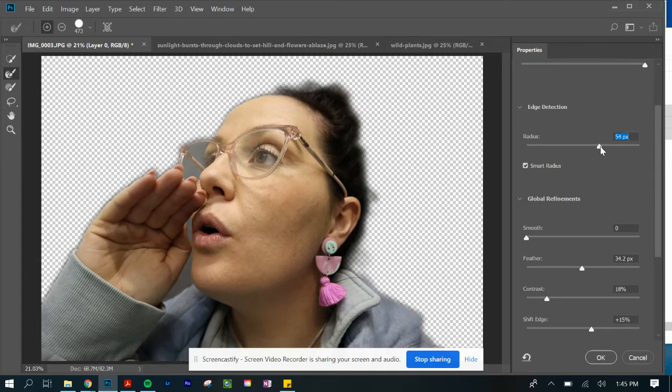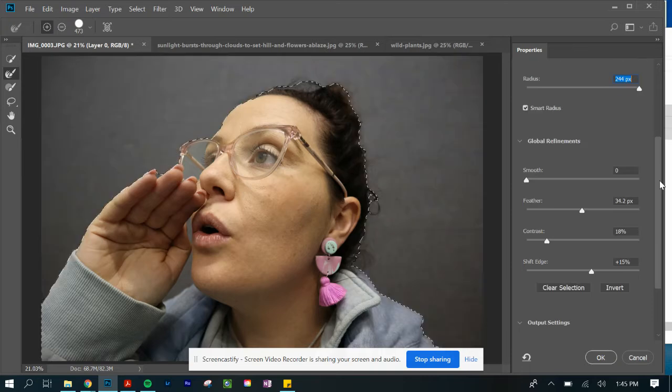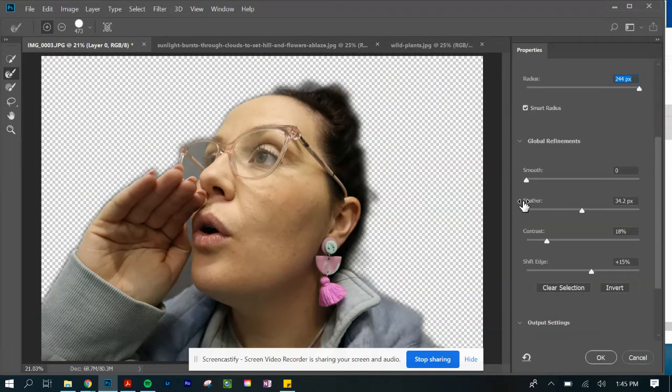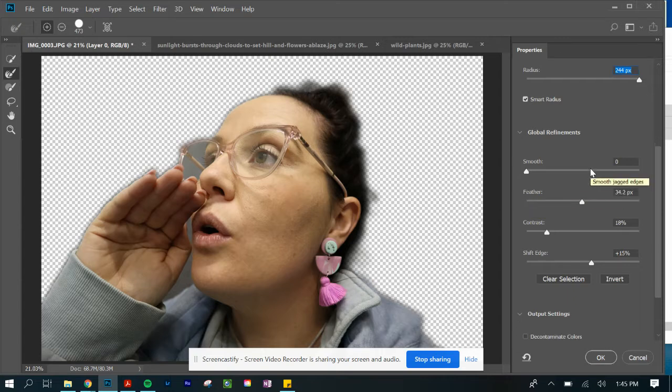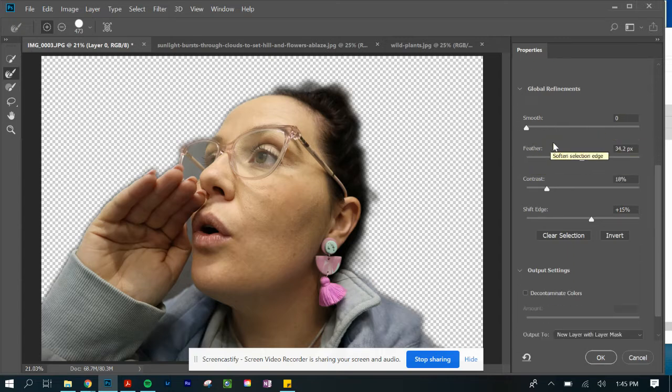Your radius shouldn't change too much by playing around with it. Maybe just keep it up high. You don't need to worry about, sorry, my computer's very slow today. It just does that sometimes when it lags a little bit. Keep your smooth like normal. I would have your feather